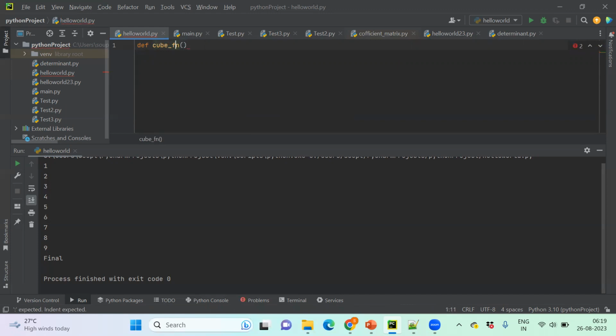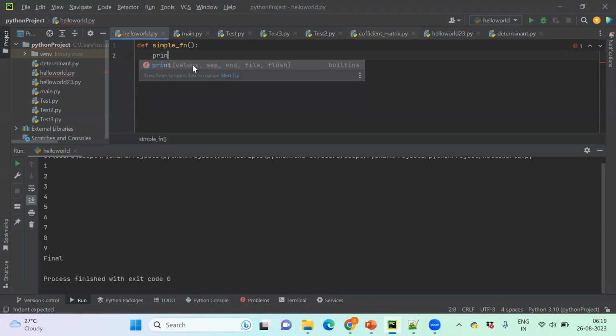Okay. Let's do one simple thing. I'll not be passing any parameter. I'm just doing def. This is my function name, simple function simple underscore fn. So I need to put bracket open and bracket close. If we need to pass any parameter, I can pass this parameter. Suppose I need an input parameter for calculation of a particular function, then I need to pass the parameter. If we do not have any inputs, this function will draw a line. That's it. So I can print